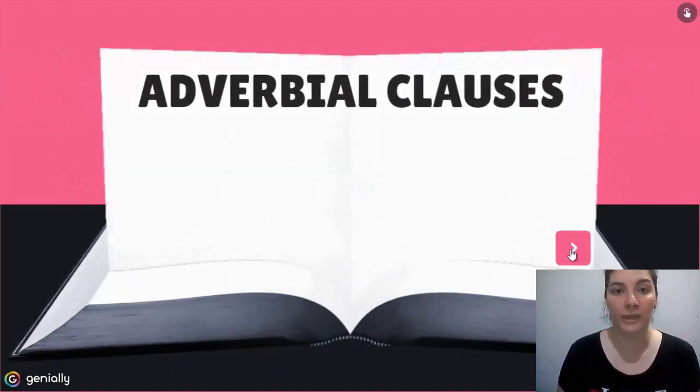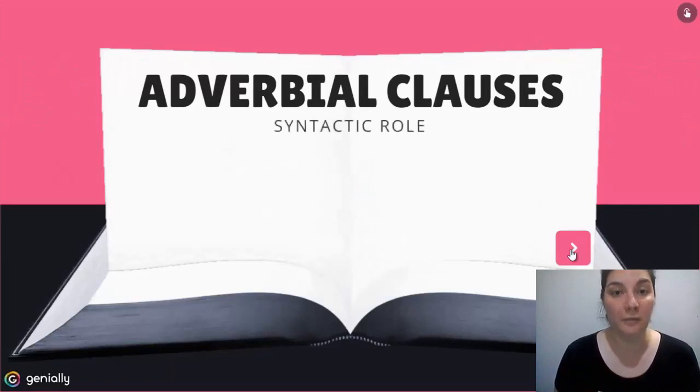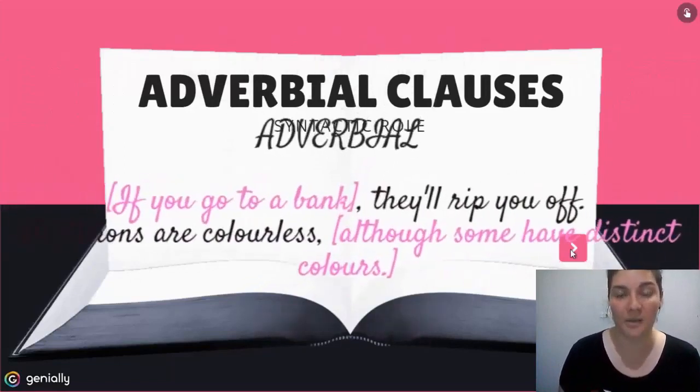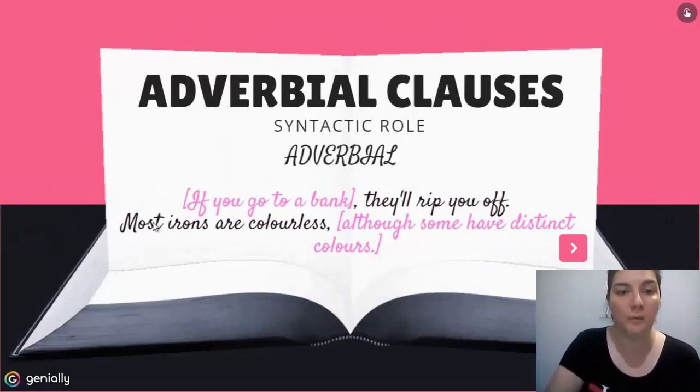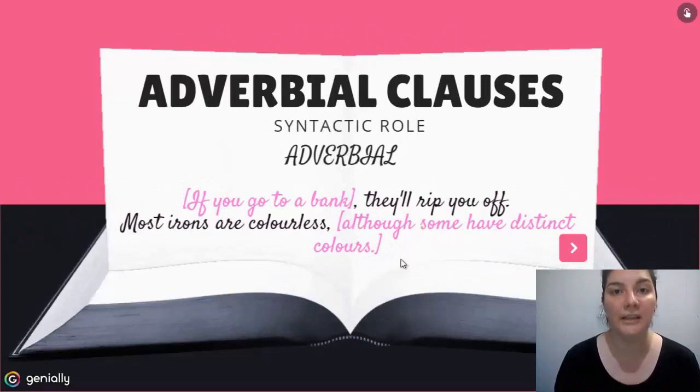Adverbial clauses are normally optional elements within a clause, and they serve to give information related to a circumstance regarding an action or an event. They also convey information related to a speaker's comment, or they can serve a connected function. In these two examples, we can see different subordinators from the ones we've seen previously. One is if, that is related to a condition, and the second is although, which is a linking adverbial to